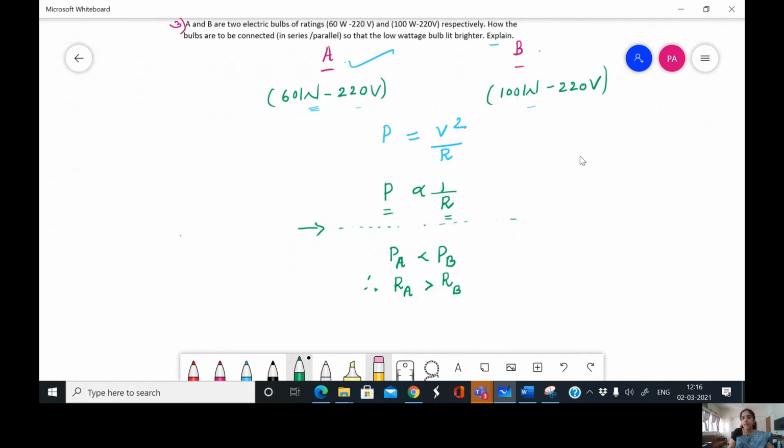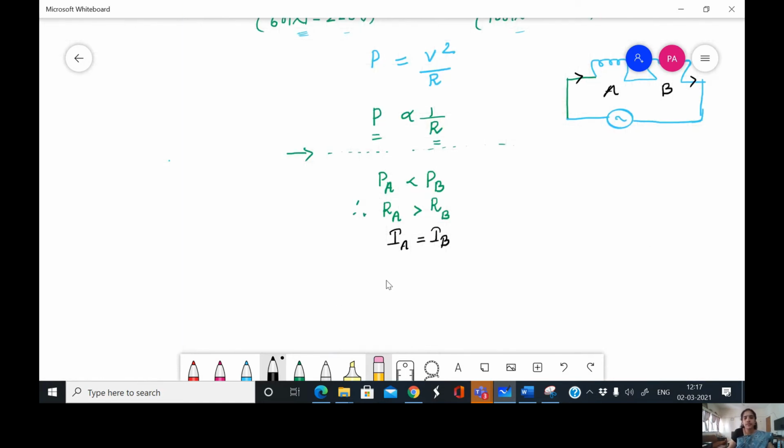Now, first of all, let us connect them in series. Here, if you want, you draw this figure. It is good if you draw a figure for the numericals in physics so that you won't make mistakes. This I told many times to my students. Here you can show a supply voltage. So this is bulb A and this is bulb B. Now they both are in series, so the same current flows through both of them. So you can write IA is equal to IB.